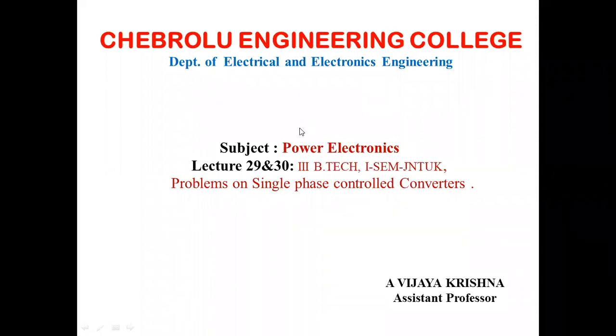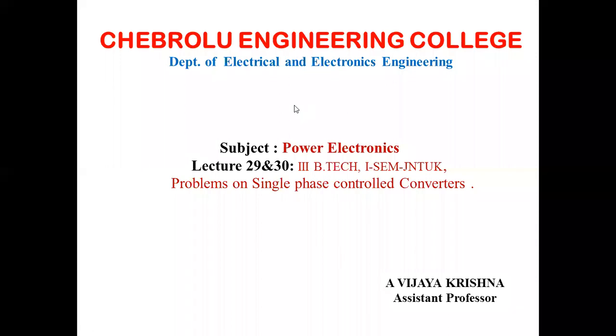Previously, we discussed only the resistive load, R load only. Single phase half wave controlled with R load is completed, and RL load is completed. Next, we also discussed single phase full wave controlled rectifiers with resistive load. And now we discuss the RL load using discontinuous current mode.